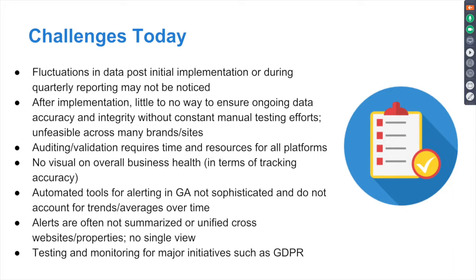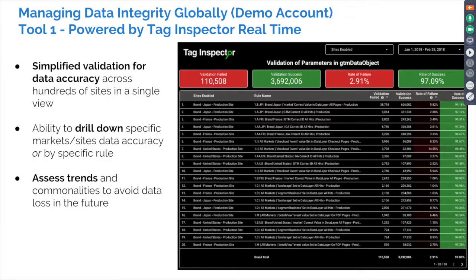How can we automate that, make sure there's no regression, and get a visual across your business, particularly again if you're using or managing multiple sites, multiple platforms? How do you get that overall business view that everything's working, everything is healthy? And how do you automate that? And then also get alerted as soon as something happens, as soon as something breaks, so you can immediately jump to fix it. These are the challenges that our clients have faced for a number of years, that we have sought to solve. And we think we have with our validation and monitoring solution.